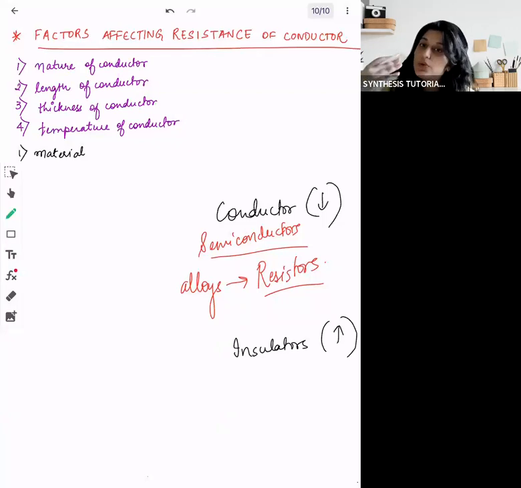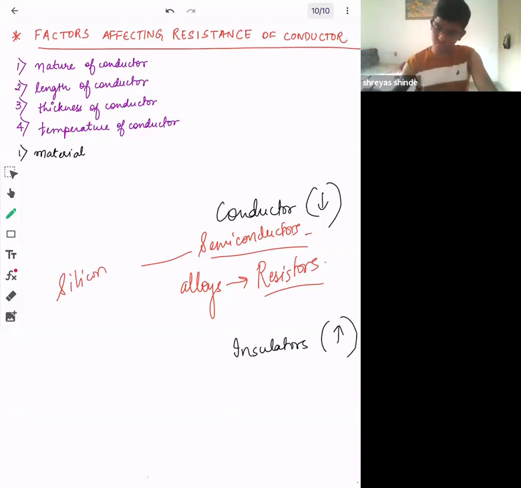But semiconductors, if you look at your periodic table, semiconductors are what? They are those metalloids. So they are not really alloys; they are metalloids. This includes silicon, germanium, all of these. What we have studied, these fall into the category of resistors only, but these are non-ohmic resistors. Like we studied yesterday, junction diode or transistor, all the examples we studied yesterday, their material composition is of semiconductors, silicon and germanium.